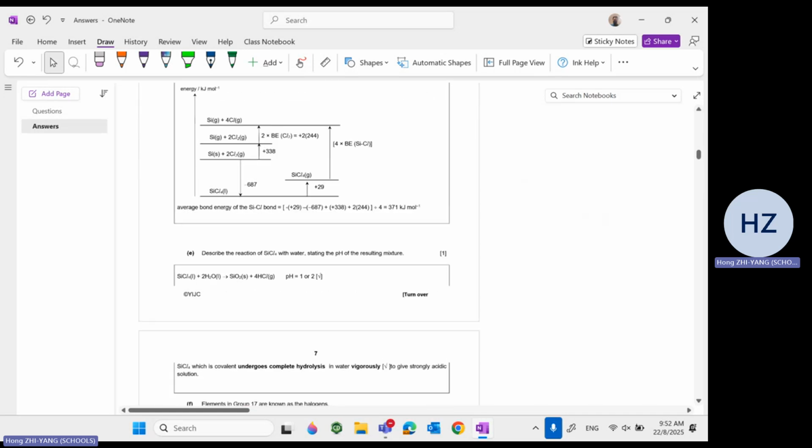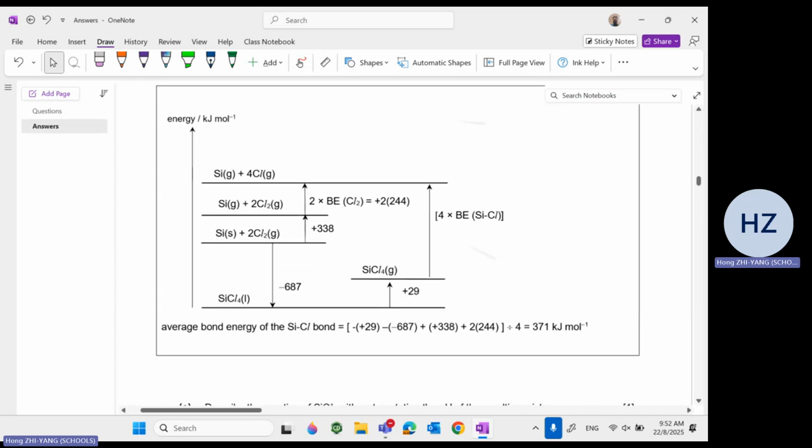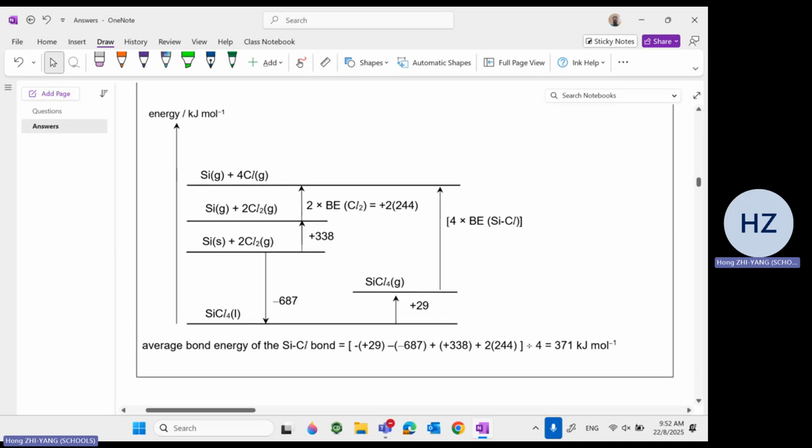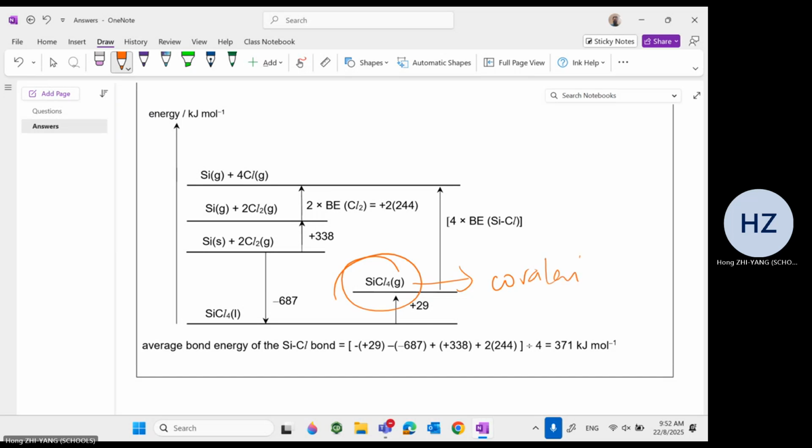Yeah, so I'm done. Okay, so to finalize this one, if you have a question on the energy level diagram, this is only for covalent. This is the energy level diagram for covalent. Where's my product? Is it this one? Yeah, this one. This is a covalent molecule. So everybody, I just want to highlight this before I move on to question 2: if you have to do an energy level diagram for a covalent molecule,